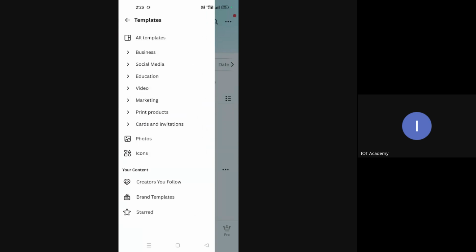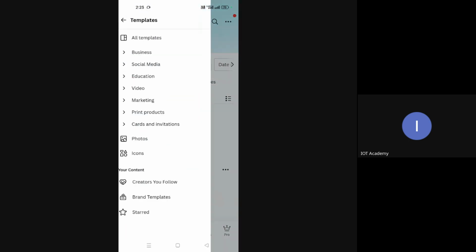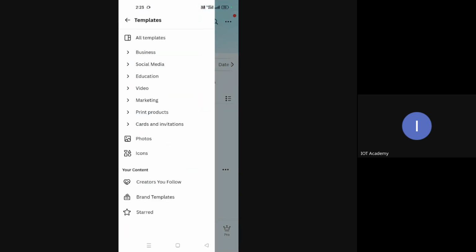Similarly, you have templates, a list of templates which are available for businesses, social media, education, video, marketing, print products, card invitations, photos, icons, creators that you follow. See, all those who are using these applications have a page in Canva and they tag onto the Instagram post.